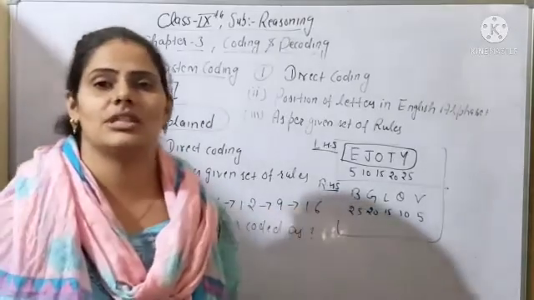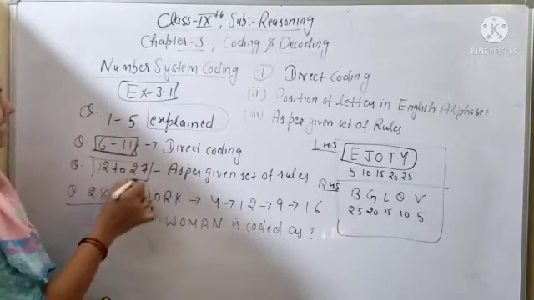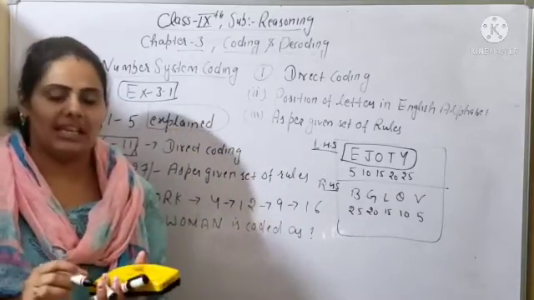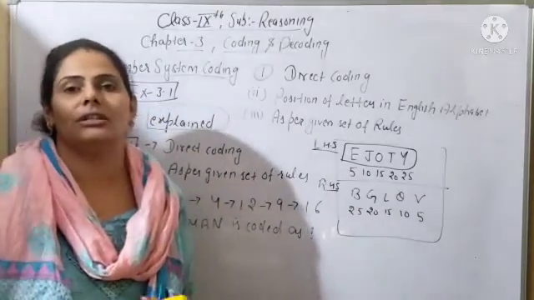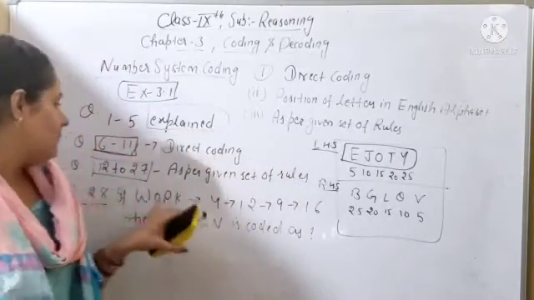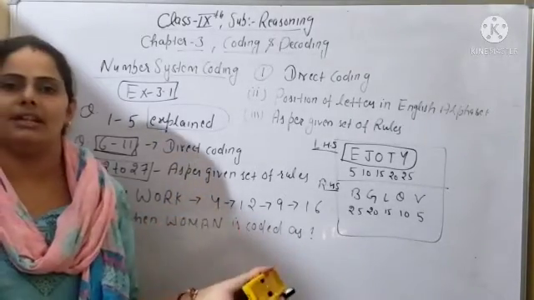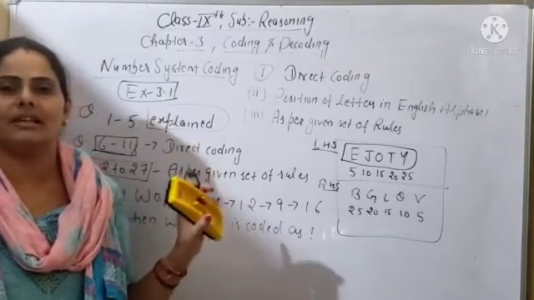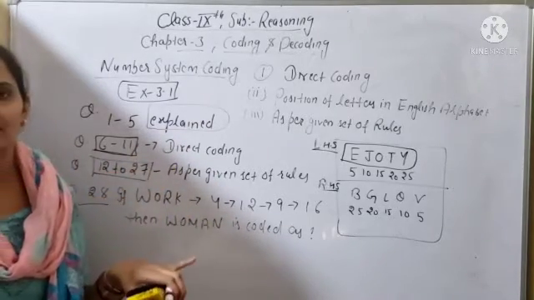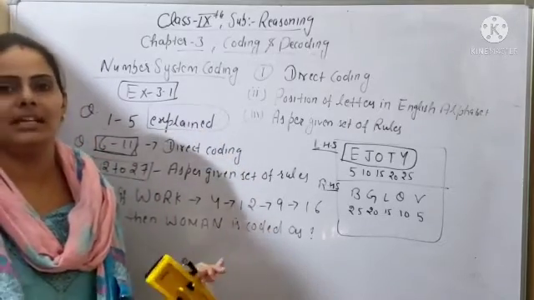After that, questions 12 to 27 are given as per the given set of rules. I have already told you examples of these questions also. These are also very easy questions, so you can solve them yourself. If you have any doubt, I will take the doubt class tomorrow, and we will discuss questions 6 to 11 and 12 to 27 in that class, because these are very easy questions. That's why I am not explaining them on the board.